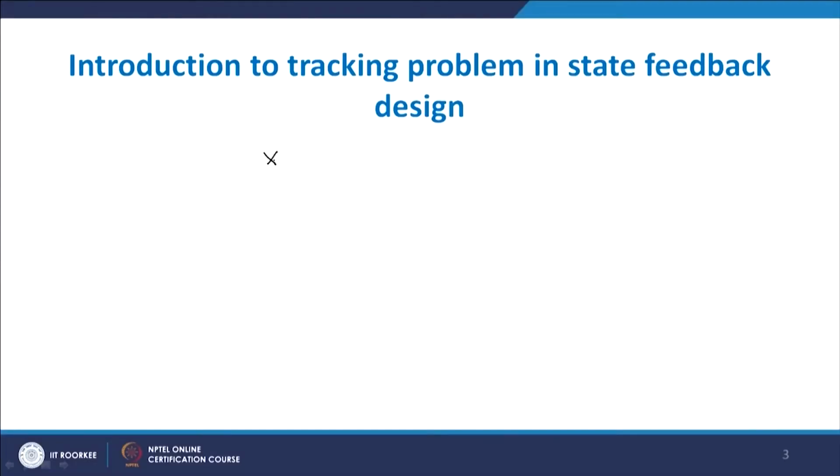Now about the introduction to the tracking problem in state feedback design. For any system there is a need to design a controller. The basic purpose of a controller is to clear the transient issues as well as the steady state issues. Now we have seen the state feedback control design, and we have seen that for state feedback design,